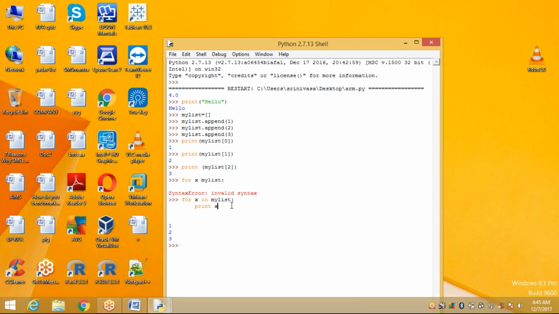Maybe you crossed 4 spaces. By default, it accepts 4 spaces. If it is crossed, it gives an invalid syntax. Okay. Indent x, right? You can try the proper way. So for x in my list colon print x. Yes, okay, I used it like that, but I didn't get any output.